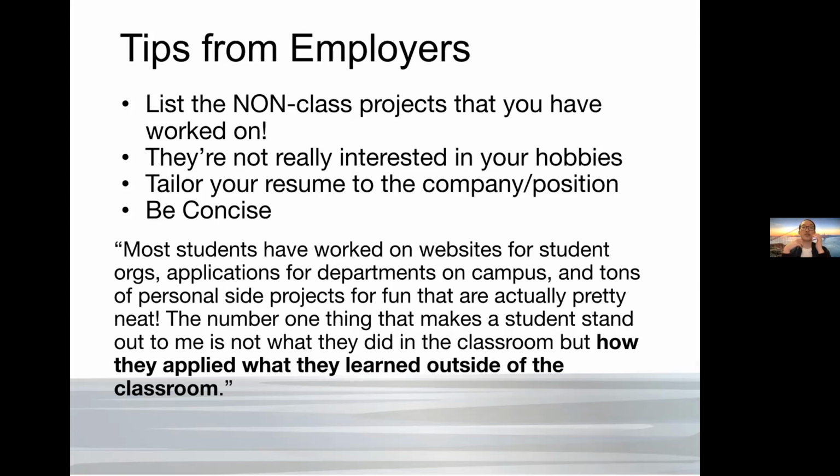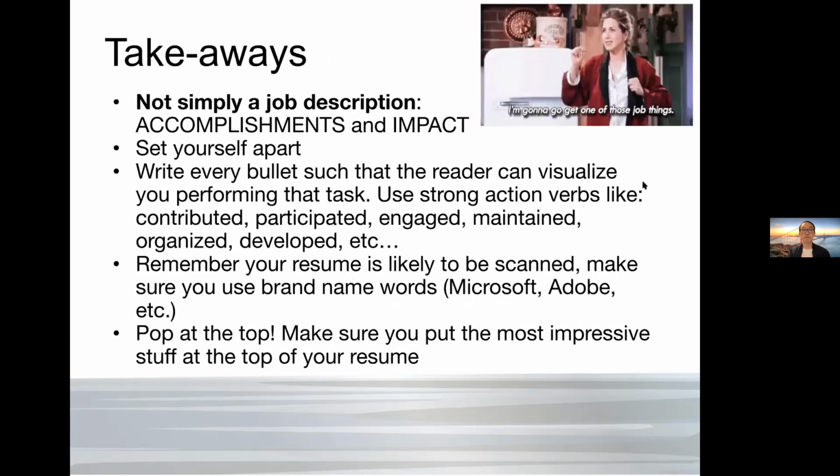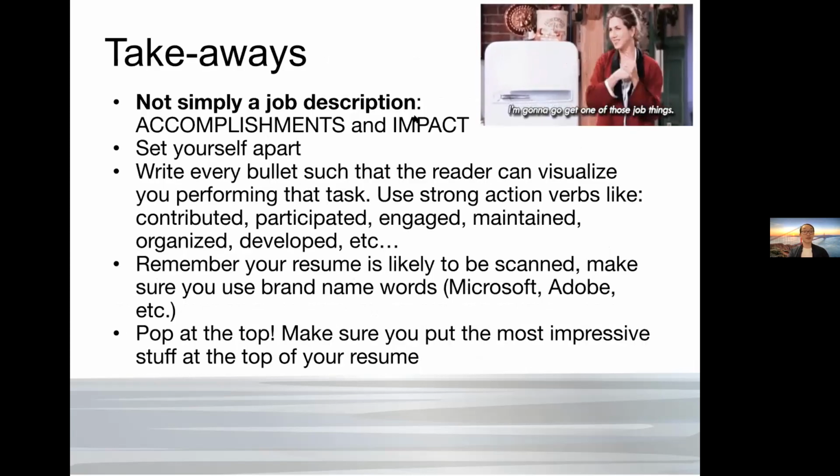And just the last tip here as it relates to the job search in general is that more so than just what you're able to do inside of the classroom, it's also what you're able to do outside of the classroom that counts the most for employers in particular. So if you find yourself not knowing how to take your resume or your experiences to the next level, think about what you can do during your free time or outside of class that can bolster your resume and experiences. Yeah, and so these are the main takeaways from today's